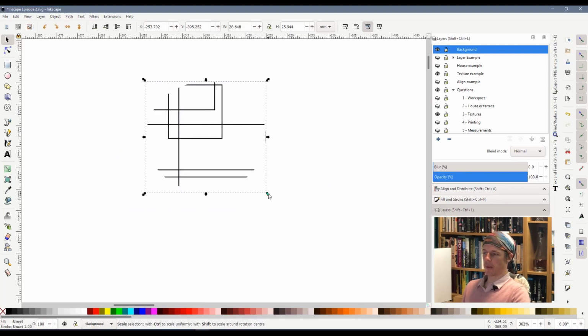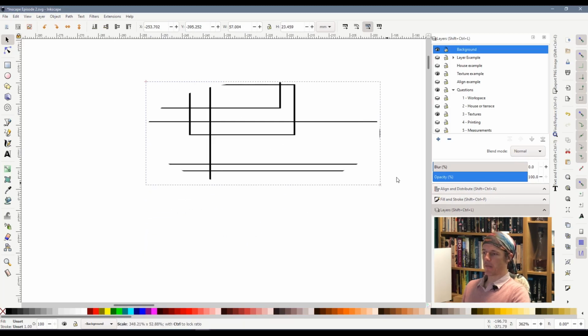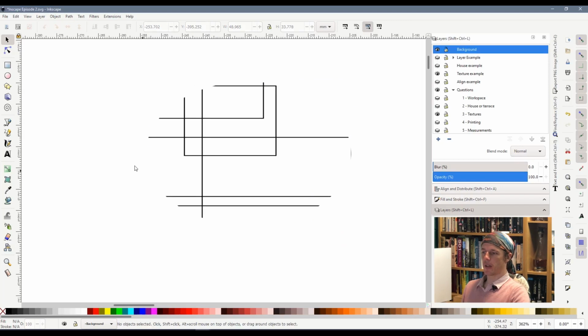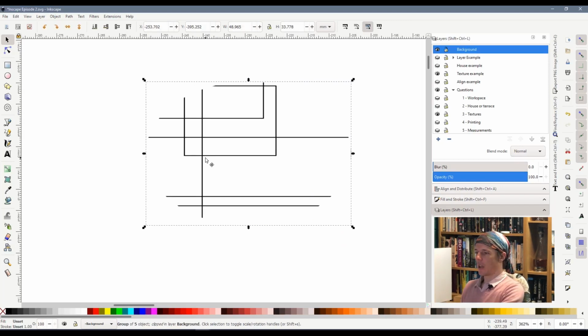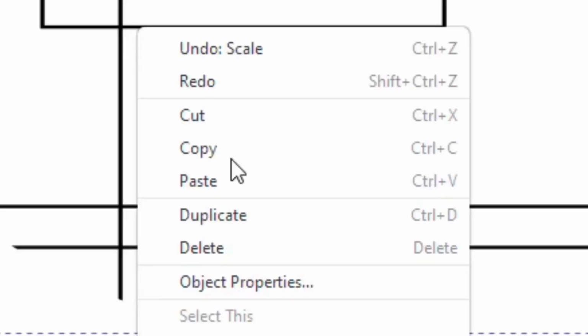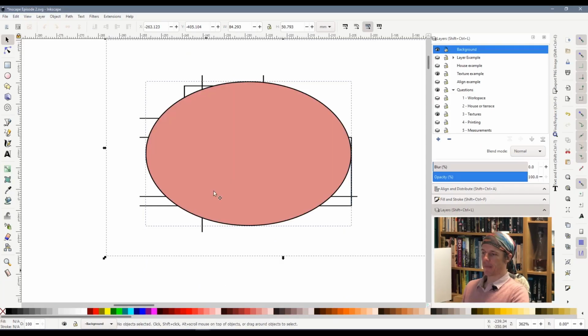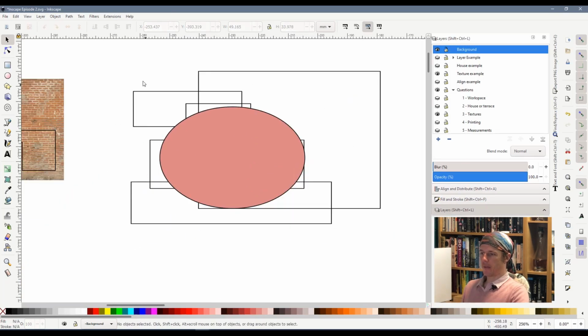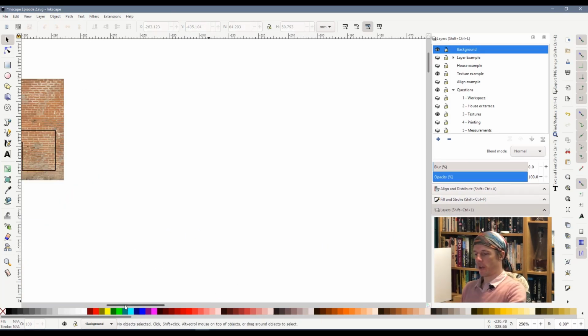So we've got a circular bit of rectangles, and I can change the size of it and everything stays together. So it's one shape that contains the rectangles that I drew. And you can get it back again by right clicking and clicking release clip, and that puts it all back to how it was. But for now we will delete all of that, and we're going to use the same